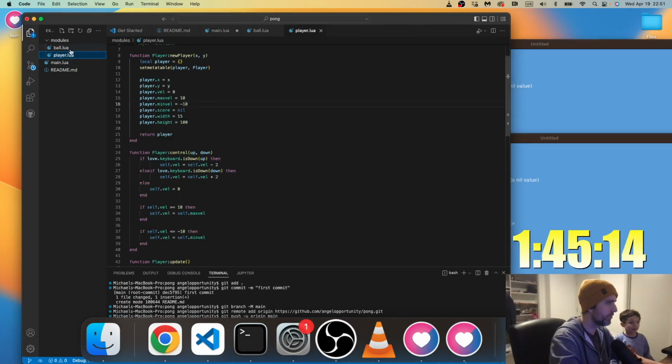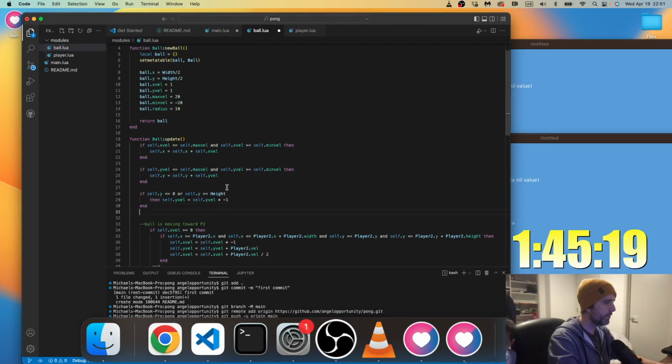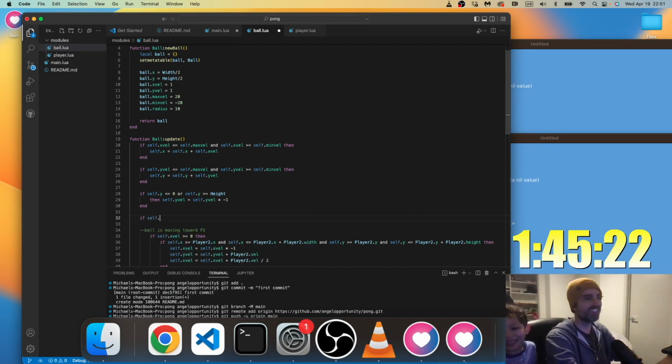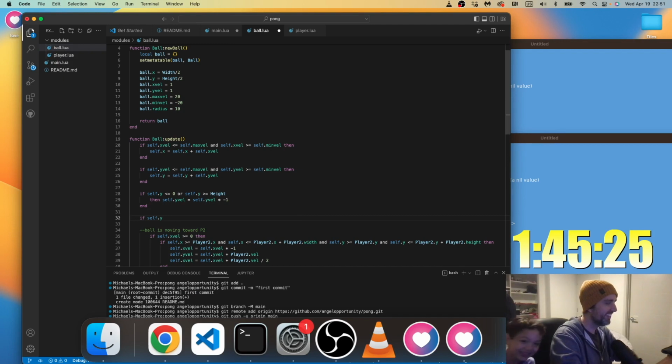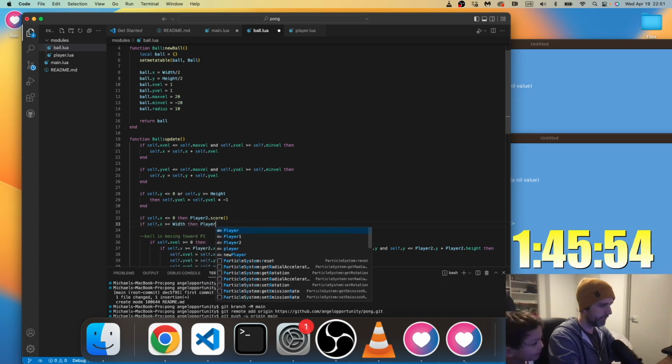So for the scores, if self.x is less than or equal to 0, then player2.score. If self.x is greater than or equal to width, then player1.score.